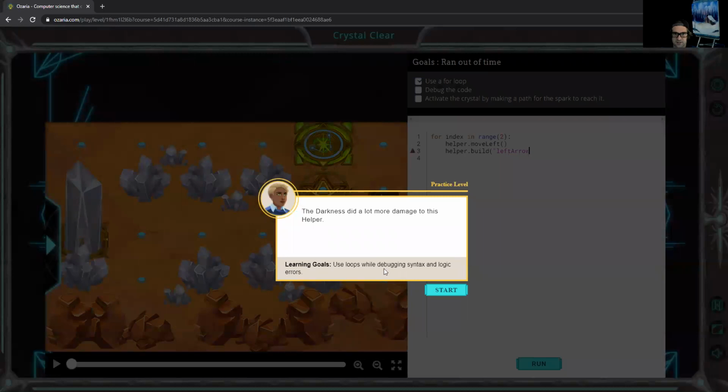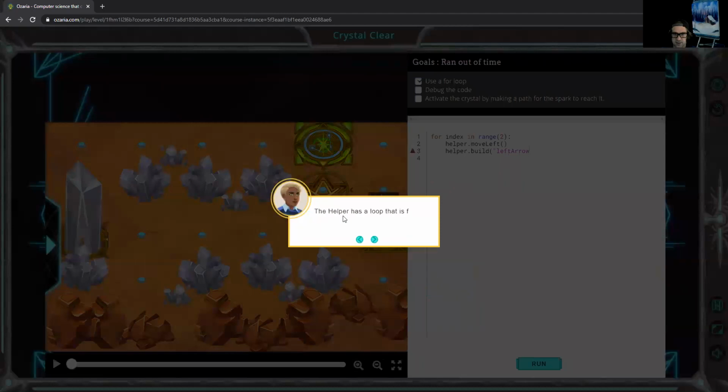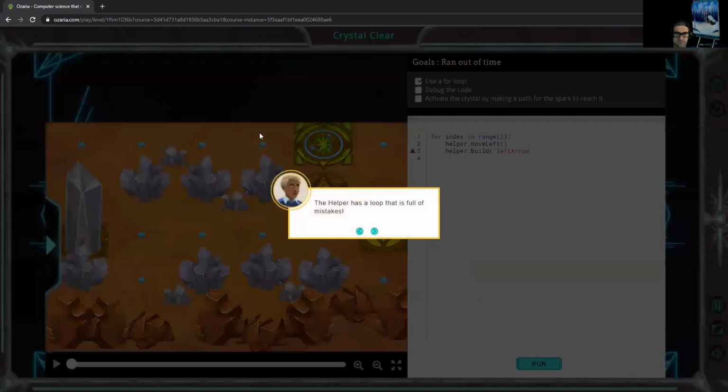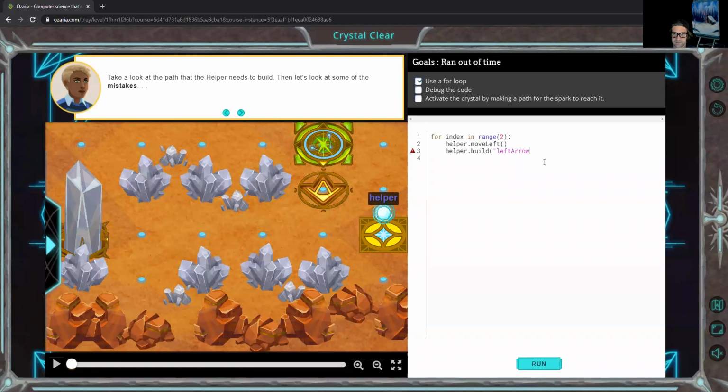All right, the darkness did a lot more damage to this helper. Use the loops while debugging the syntax and logic errors. The helper has a loop that is full of mistakes. Take a look at the path the helper needs to build, then let's look at some of the mistakes. Okay. All right, first off, we don't have a closing bracket, so let's do that. So let's,